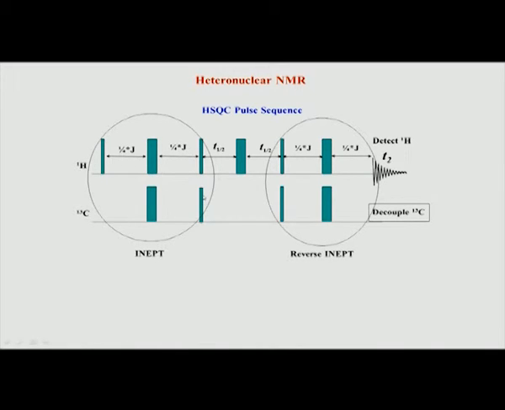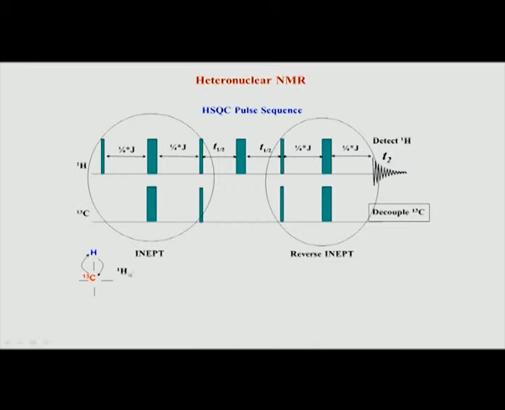Now, let us look at each of these details, and see how the magnetization mathematically goes through this pulse sequence. This is how it is shown here. We are looking at a carbon-proton pair, a system where one hydrogen is attached directly through one bond to carbon. Our aim in this whole experiment is to correlate the chemical shift of this proton with the chemical shift of the directly attached carbon. That is our aim in all these experiments: we are correlating hydrogen and carbon.